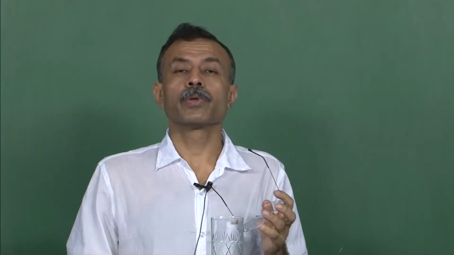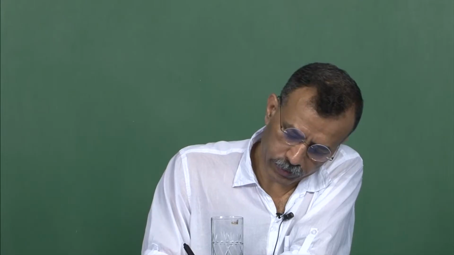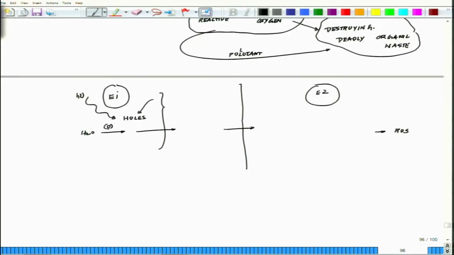The two critical events involve where water which is absorbed in the material has to get oxidized, and the event 2 which I'll be talking now. The first event is event 1, where water is coming, and what it is doing is oxidation of the dissociatively adsorbed H2O by